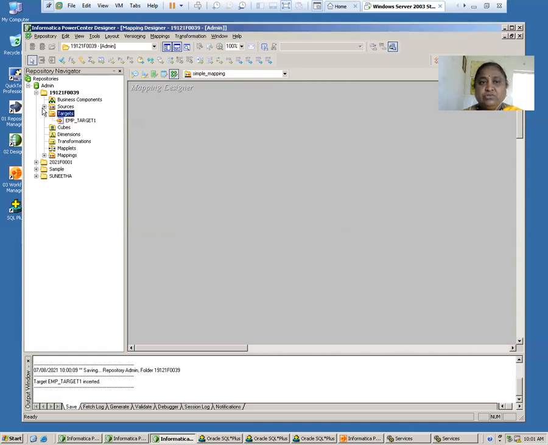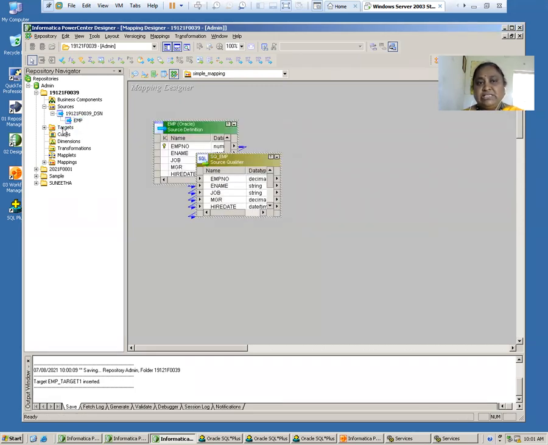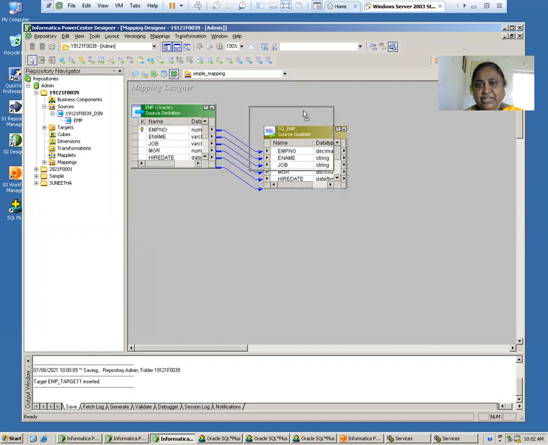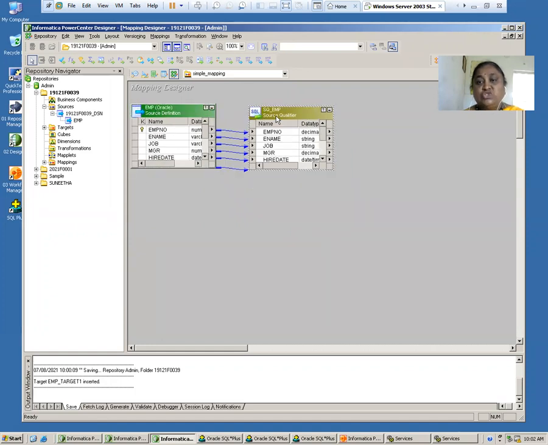What I have to do is drag and drop my EMP table. Once I drag and drop my EMP table, you can see here the two. One is the main definition of your EMP table and another one is the source qualifier of your EMP. So why did you get these two? As I said in the previous class, this is a replica of your original source.